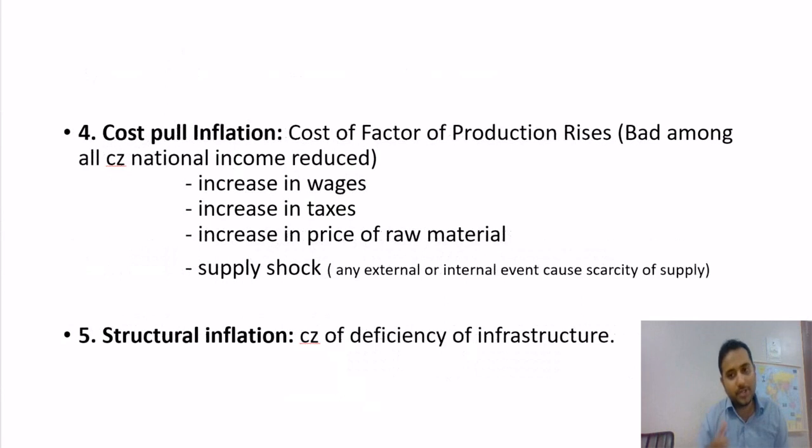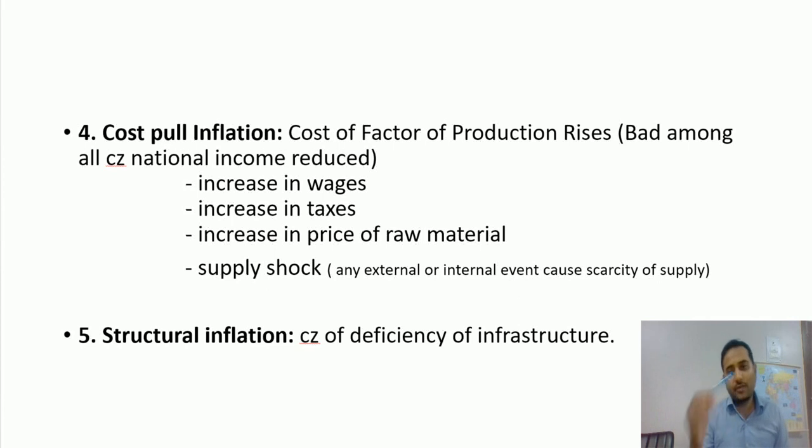Cost of production. Suppose I have a factory, I'm a manufacturer. The cost of raw material I'm purchasing from the market to produce the particular thing. Suppose I'm producing this pen. So the cost of raw materials I need to produce this pen increased. Suppose the government taxes in the manufacturing of this item increased, and the wages I have to pay to my workers also increased. So all these things are basically leading to the increase in the cost of production of this pen.